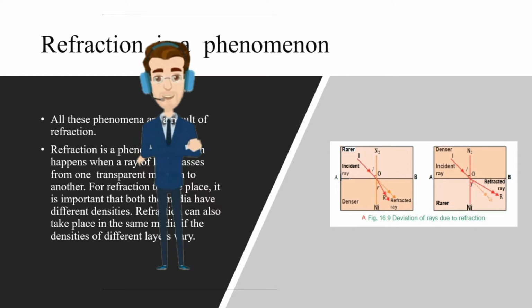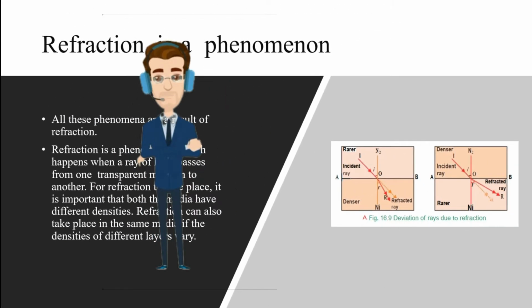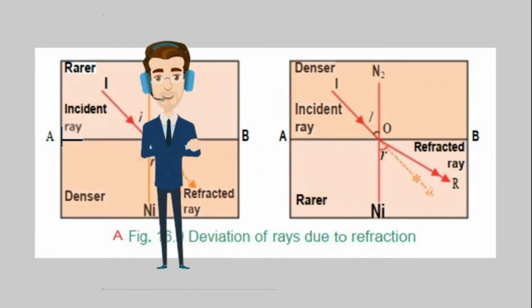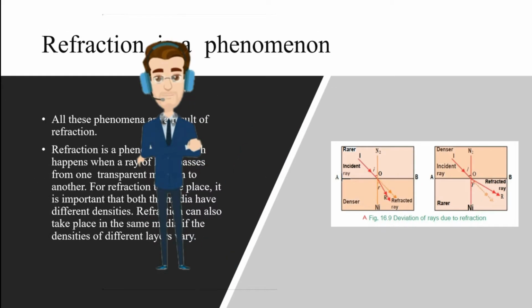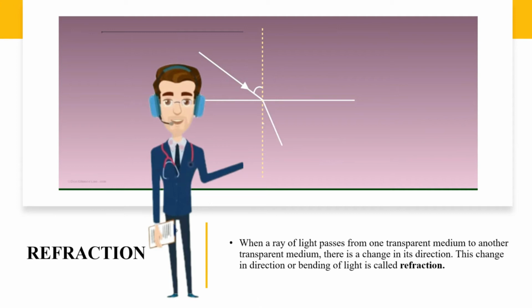Refraction is a phenomenon which happens when a ray of light passes from one transparent medium to another. For refraction to take place, it is important that both the media have different densities. Refraction can also take place in the same media if the densities of different layers vary. When a ray of light passes from one transparent medium to another transparent medium, there is a change in